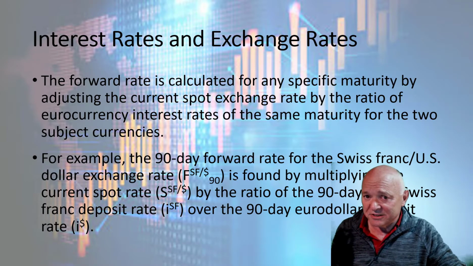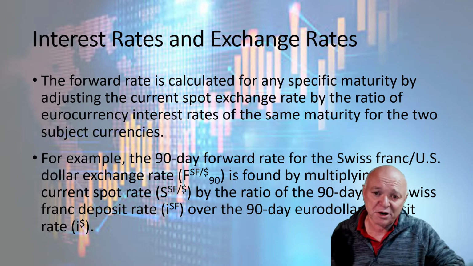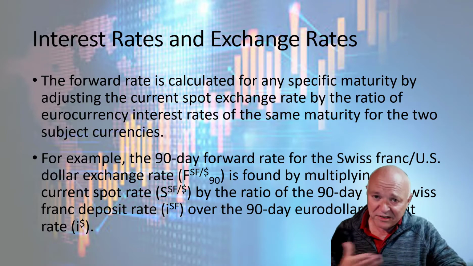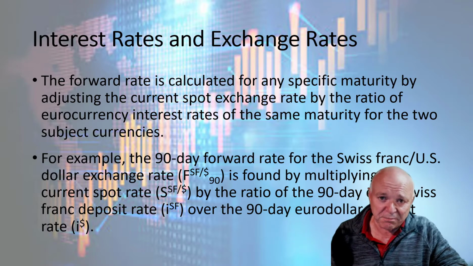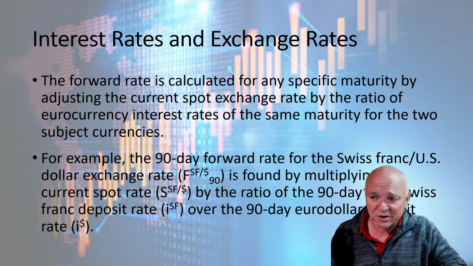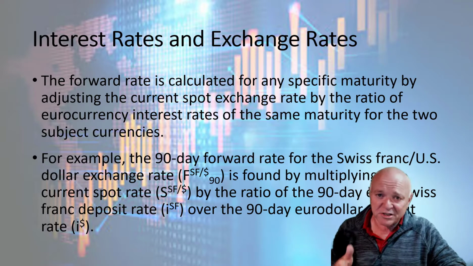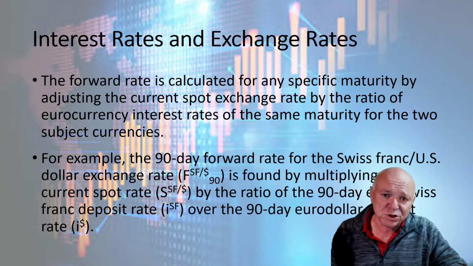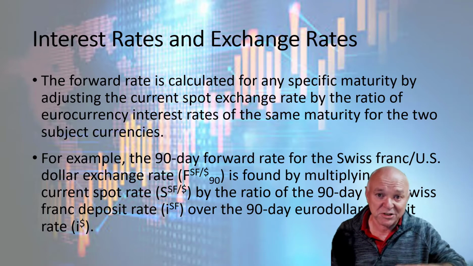Now, interest rates and exchange rates are related. Now, the forward rate that we just saw comes from the market. It comes from the beliefs of people in the market. It's not a perfect expression of any of these parity relationships, but it does provide us with some guidance. We could also say that the forward rate can be calculated by taking a look at the differences in interest rates. And for any specific maturity, we can calculate this by adjusting the current spot quoted price by the ratio of the euro currency interest rates of the same maturity for two other subject currencies, or for any two subject